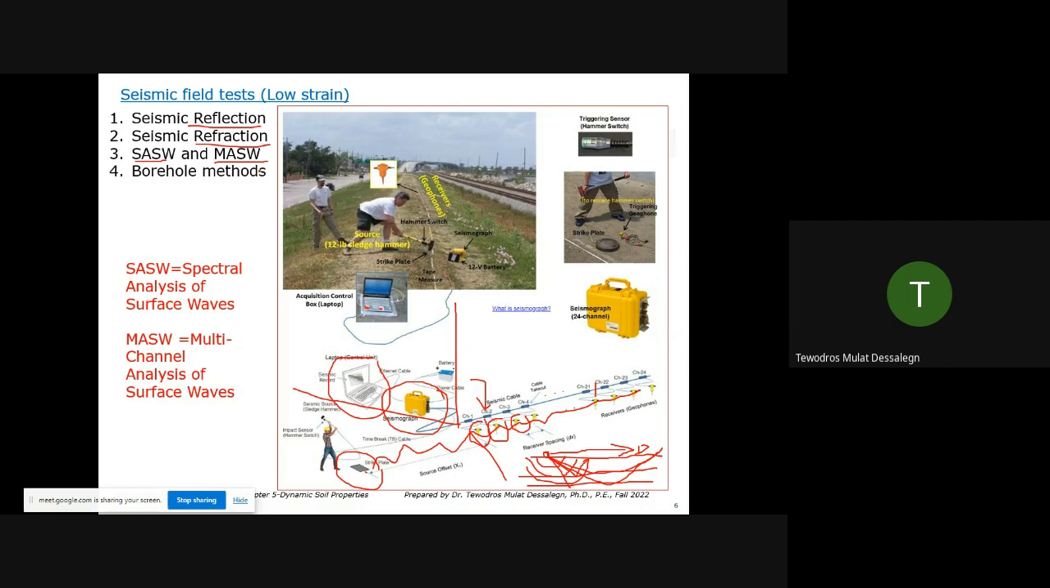Even if they are using different techniques, in the reflection technique, we are focusing on the waves reflecting at each interface. In the refraction technique, seismic refraction, because you may have multiple layers, waves pass from one layer to the other layer, and they refract and they reflect. So we are recording those. And SASW and MASW, it's depending on the